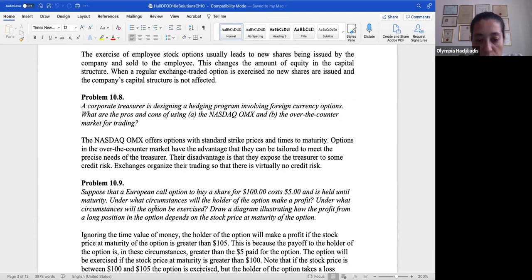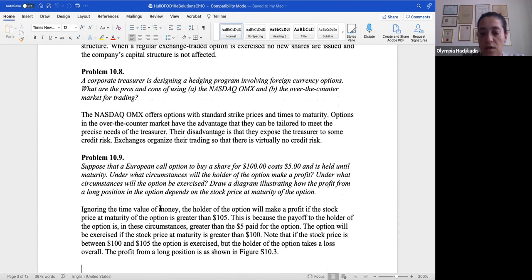Suppose that the European call option to buy a share for $100 costs $5 and is held until maturity. Under what circumstances will the holder of the option make a profit? Under what circumstances will the option be exercised? Draw a diagram illustrating how the profit from a long position in the option depends on the stock price at